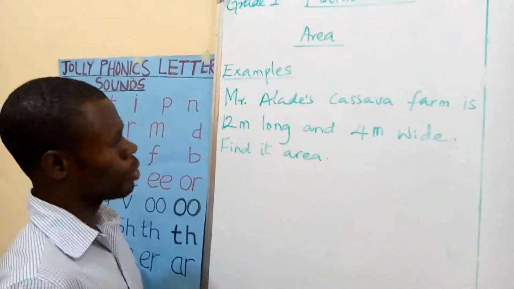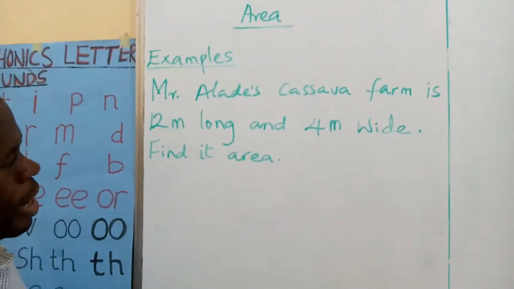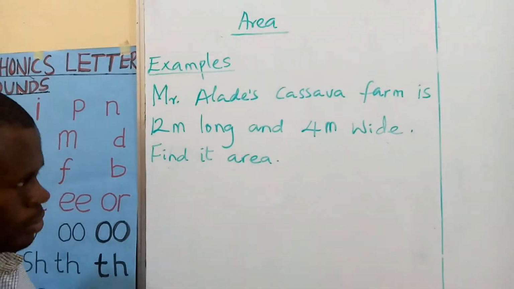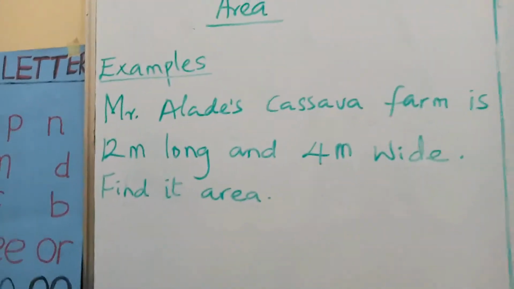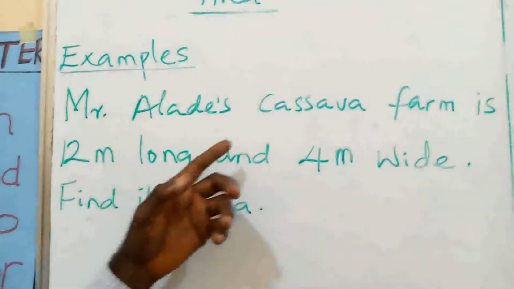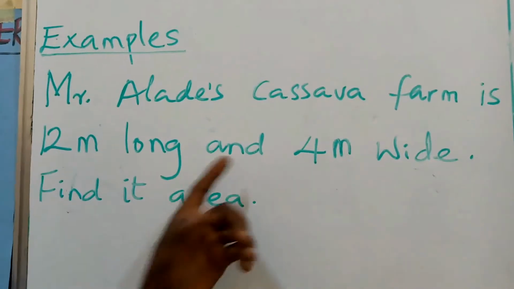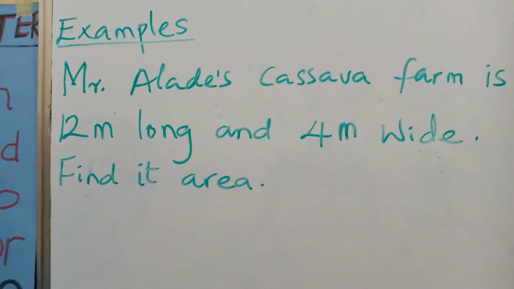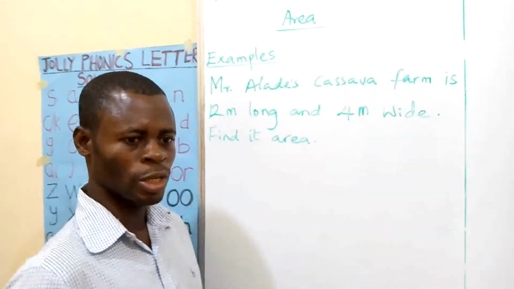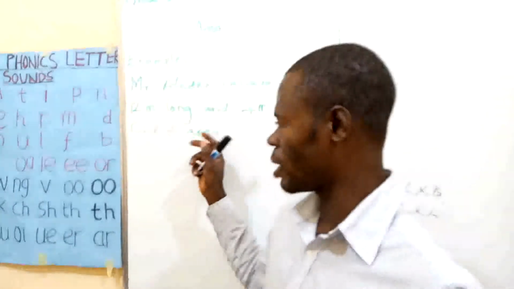Starting with example 1 here, which we have on the board. The question is, Mr. Alade's cassava farm is 12 meters long and 4 meters wide. Find its area. Looking at this question on the board, you agree with me that it's a word problem